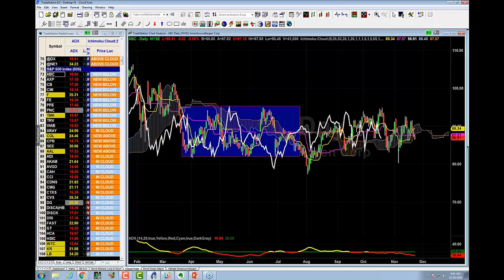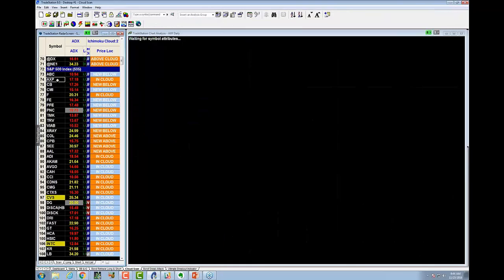All right. So now I've got new below. Now I've scanned through 500 stocks today with the click of 2 mouse clicks. And now I know these are all new below and this above right here. So I'm just going to go through those. And this is how I would do it if the market was closed at the end of the day. And then I would go, all right, AXP was in the cloud. Let's see here. What's it trying to do?